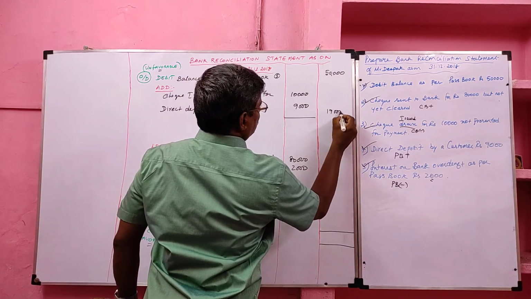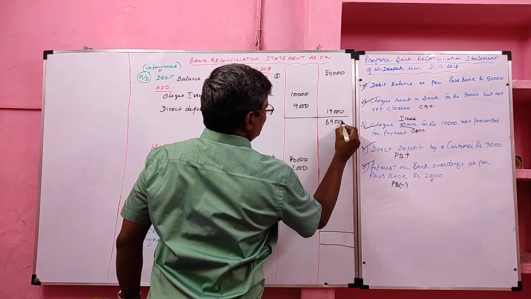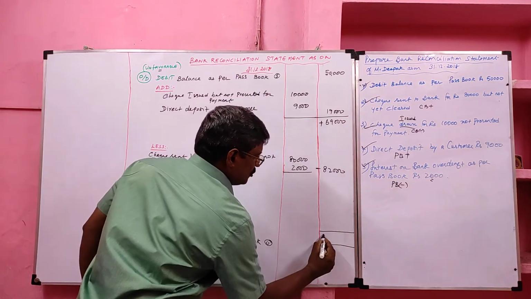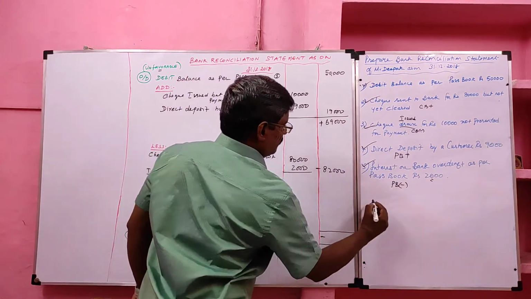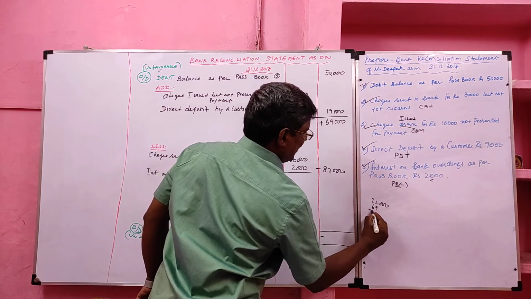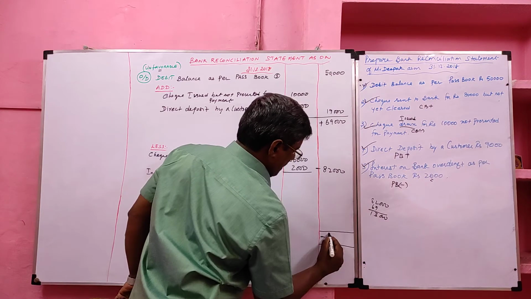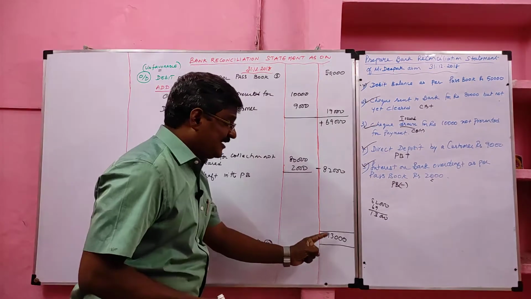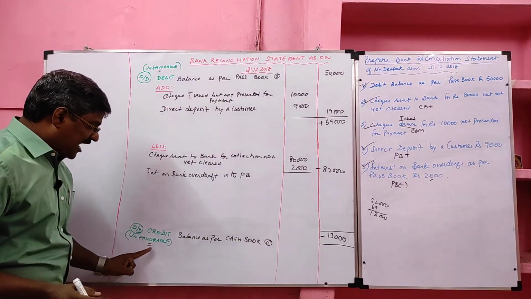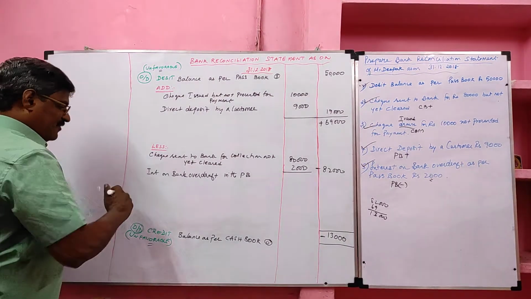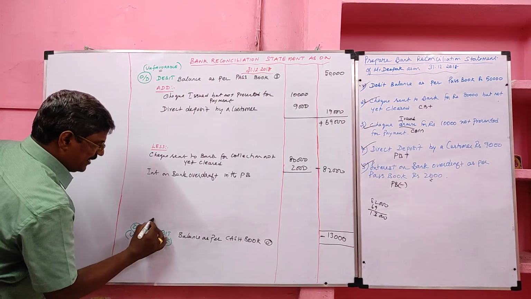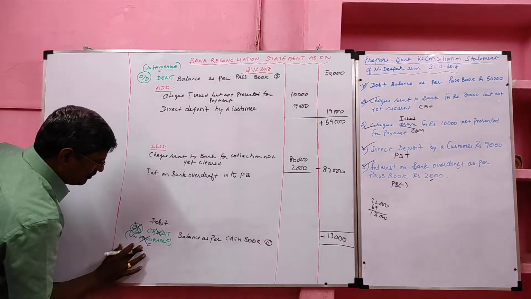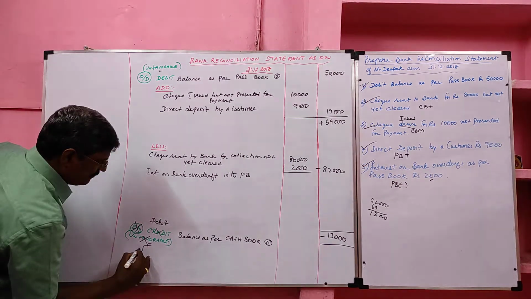Total 19,000. If we add these two, we will get 69,000. This is the plus value. Here 82,000 is the minus value. So the balance we are getting is in negative form. So 82,000 minus 69,000. So here we are getting a negative balance. If we get a negative balance, what happens? The unfavorable balance changes into the favorable balance. So credit balance changes into debit balance. OD will be cancelled. Unfavorable turns into favorable balance.